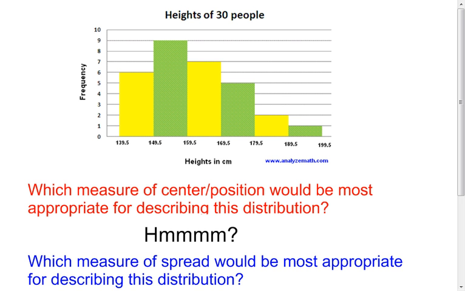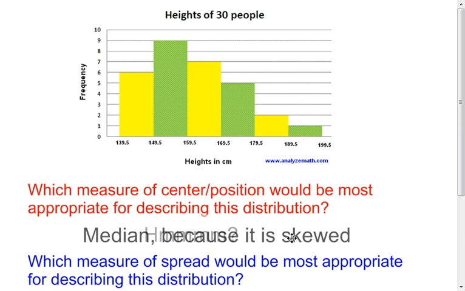All right. If I give you this chart right here and I ask you to describe it with some sort of measure of center, I would like to know which one would be more appropriate. Would the mean be more appropriate for the measure of center, or would the median be more appropriate? You can see that this set of data is skewed to the right. Because it's skewed to the right, I would like to use the median. You will use the mean if your data is symmetric. You will use the median if your data is skewed.